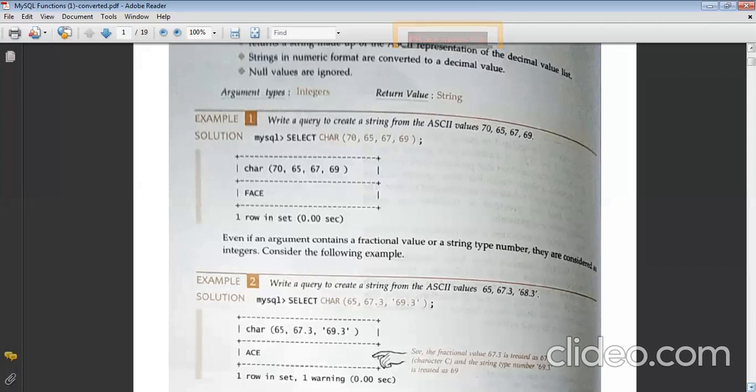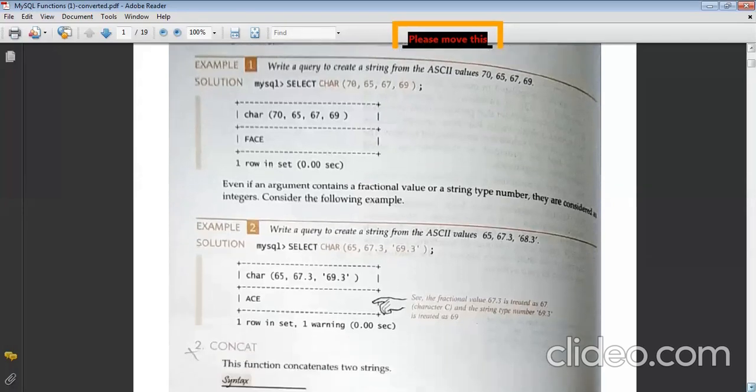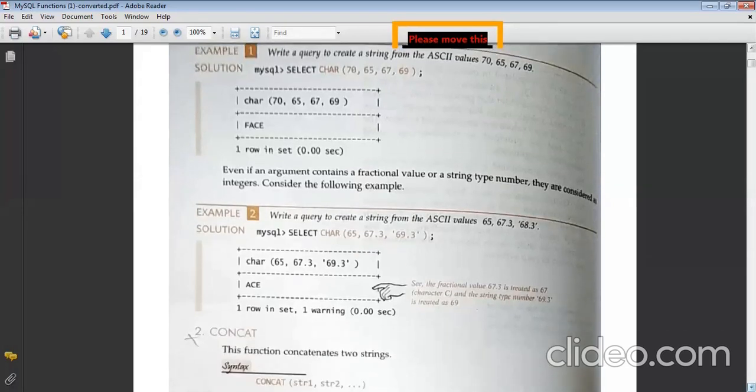Any doubt with how to use it? It will always be used with the select statement. If you directly go onto the terminal and write it like this with all the values inside it, it will definitely prompt you an error saying this doesn't exist. So make sure that you use it with select. Any doubt with this, or shall we move on to the next function of the text and strings method? No doubt?